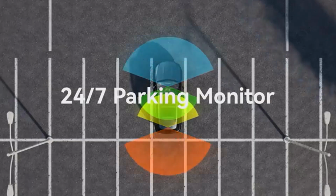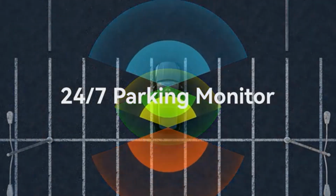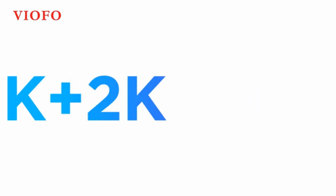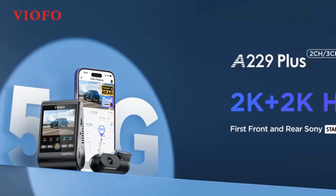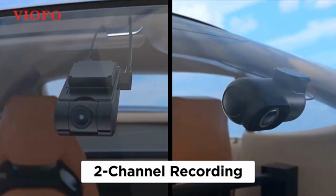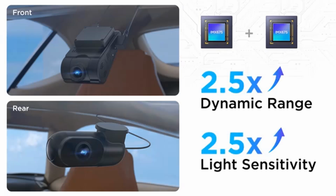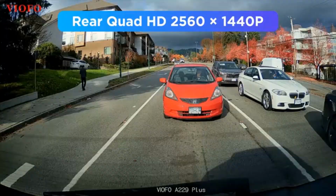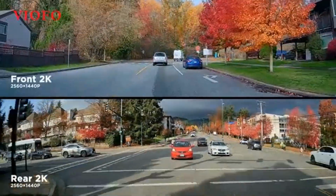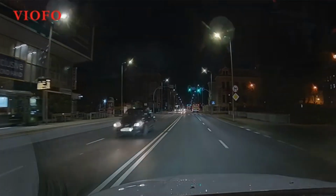The front dash cam records at 2560 by 2160 pixels, but drops to 2560 by 1440 when all three cameras are used. The cabin and rear cameras have 1920 by 1080 resolution. The cameras have wide fields of view with minimal distortion, and the cabin camera includes infrared lighting for low light conditions. The N4's integrated screen features a picture-in-picture mode that displays all three camera feeds simultaneously, along with settings and